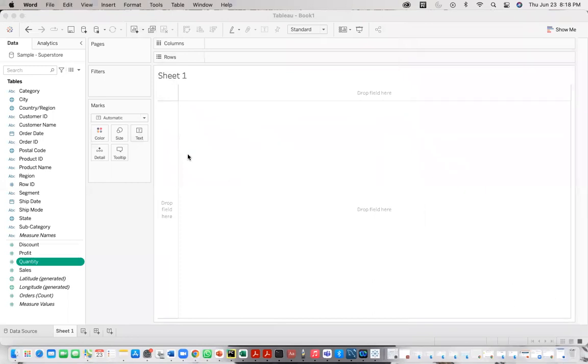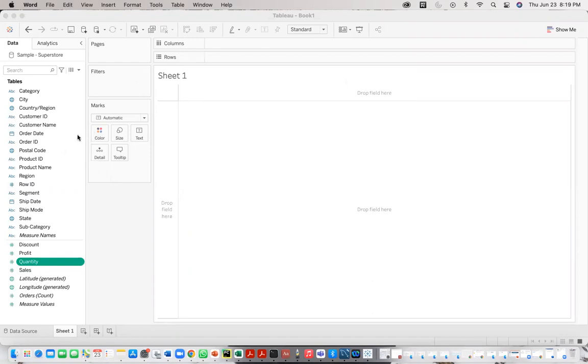So as it says, product category wise sales. So category is the dimension and sales is the measure. Okay. So we have to show a visualization for product category wise sales. That means category and sales. To show any visualization, what we should do is drag dimensions and measures into rows and columns. So we can drag a dimension into rows and a measure into columns, or even we can drag a dimension into columns and a measure into rows,